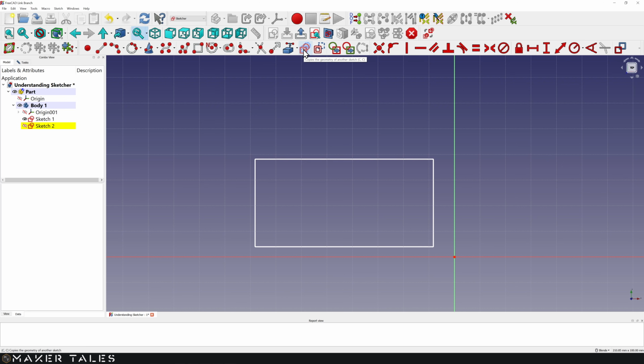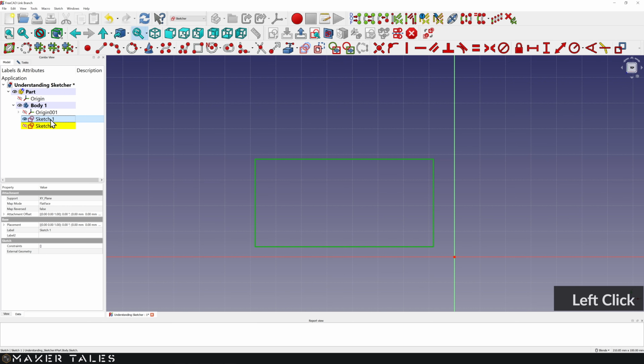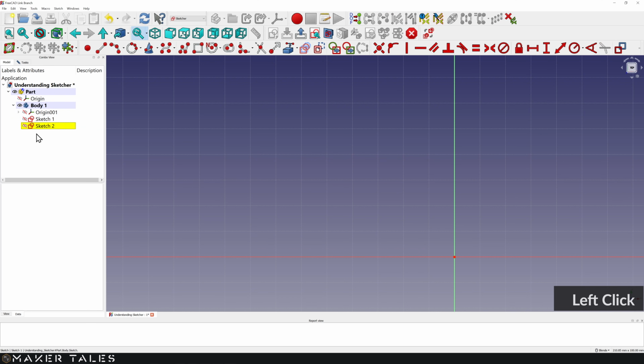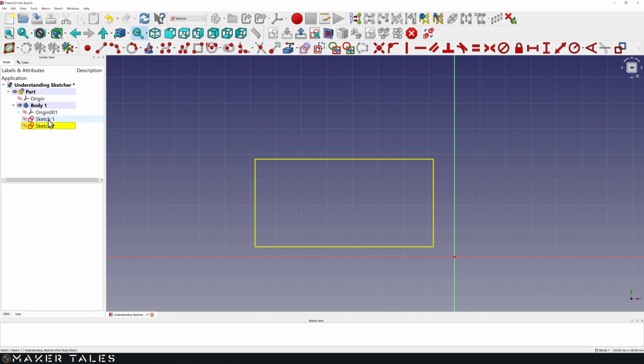So this will copy the geometry of another sketch that we can see. Keep in mind that you can also not see this by just hitting space and it'll be hidden, or with a little eye, but also keep in mind that if it is hidden and you want to see what it is, just mouse over it and eventually you'll get this sort of selected view that comes up while your mouse is over it. So inside of Sketch 2, we'll use the tool by clicking on Sketch 1, and lo and behold, we have a lovely copy of Sketch 1 within Sketch 2.